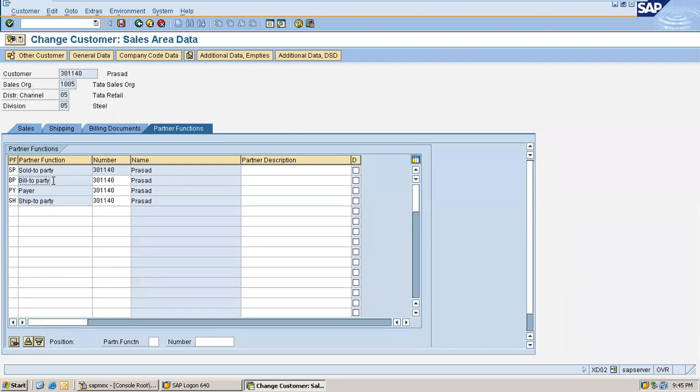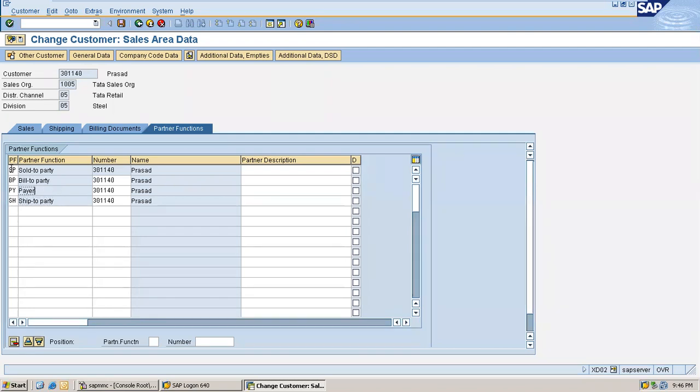And the final step of the OTC process is payment, that is handled by the finance team. If you have a payer, then only the system can allow postings into this sales cycle. To clear the payments, you need a payer. So these are mandatory partner functions because of these activities in standard OTC. Just remember, you have 4 mandatory partner functions for a customer: sold to party, ship to party, bill to party, and payer.